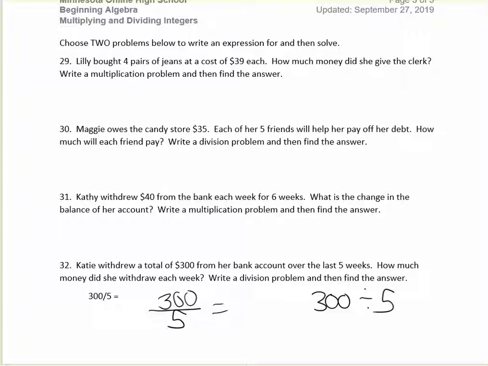We could have also written an equation for this, which is kind of what I'm itching to do. I could have said that 5 weeks times some amount, I don't know the amount, I'm going to call it M, some amount of money. If I multiply those, I would have gotten $300. So then I would know to divide in order to solve this, and that's what I did up above, was show the different ways that you could write dividing by 5. And when you get your answer in a word problem, you should label it. This is going to be dollar signs because we're talking about money. So put a dollar sign on your